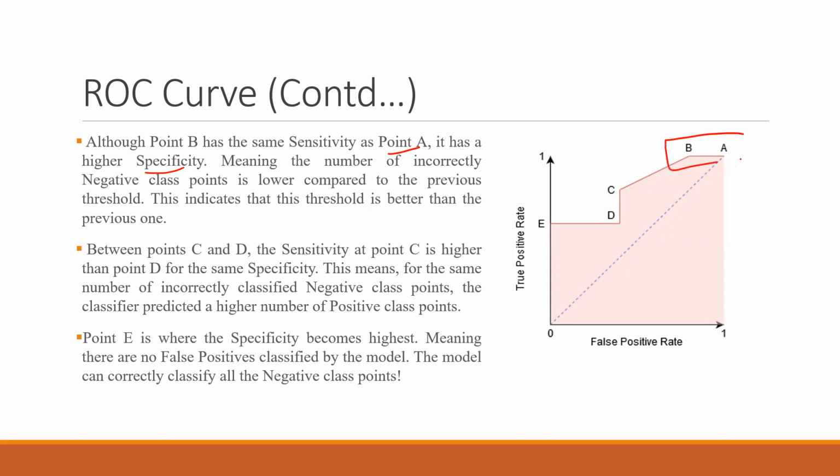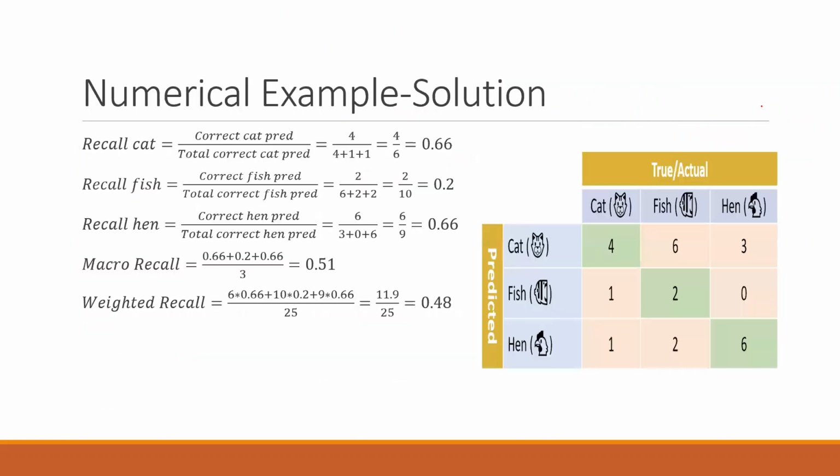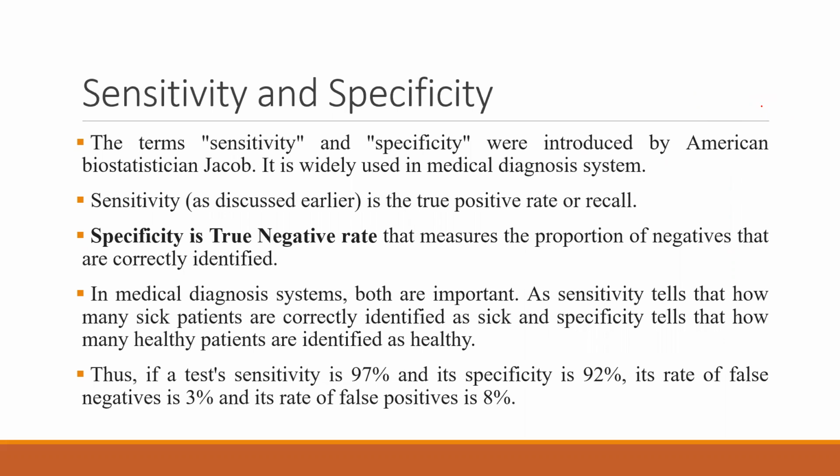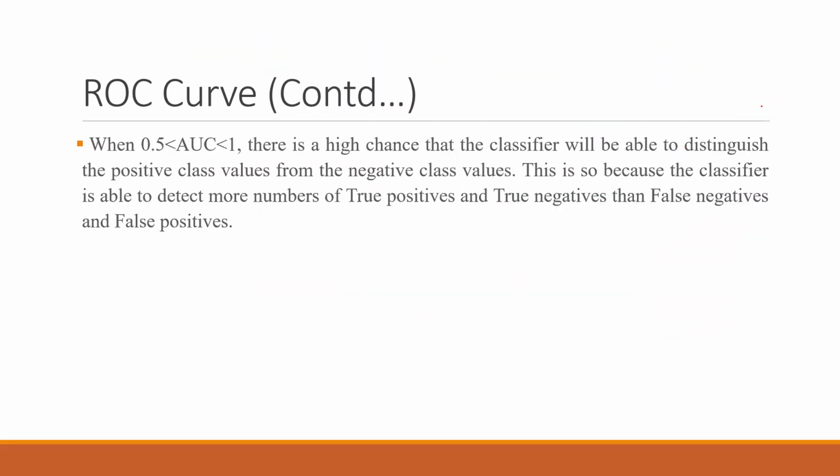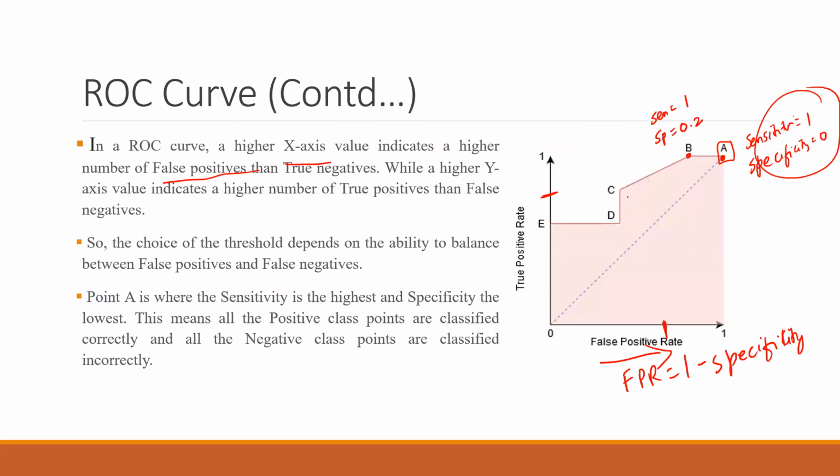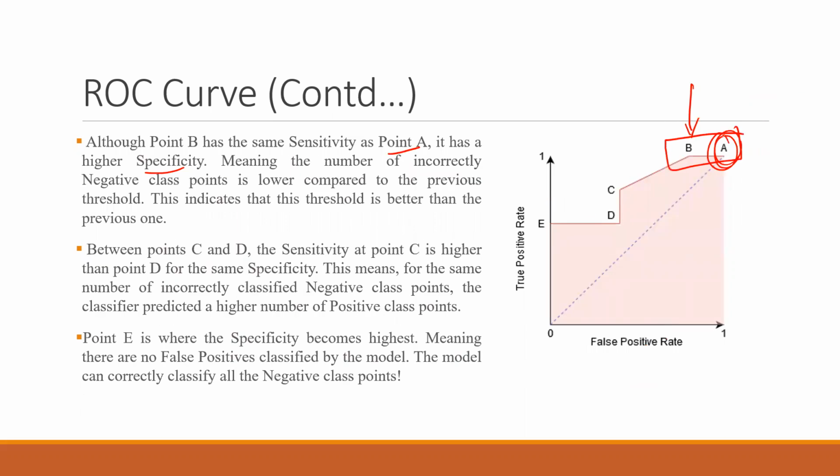So out of A and B, if you are asked which one is better, this one is better. Why? Because at this point our specificity was 0, and specificity is the true negative rate. आप ट्रू नेगेटिव बता ही नहीं पा रहे, अब आप आइडेंटिफाई ही नहीं कर पा रहे कि ये नेगेटिव क्लास है. If you are not able to do that thing, you are not doing any good job. So it means that A वाला is poor than B. B वाला कुछ हद तक ट्रू नेगेटिव बता पा रहा है, and it is also giving full accuracy in true positive.